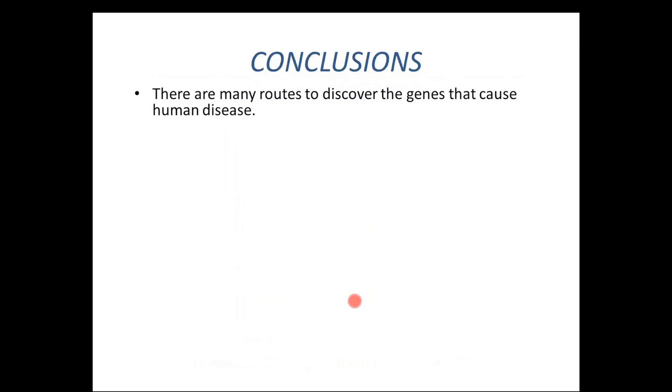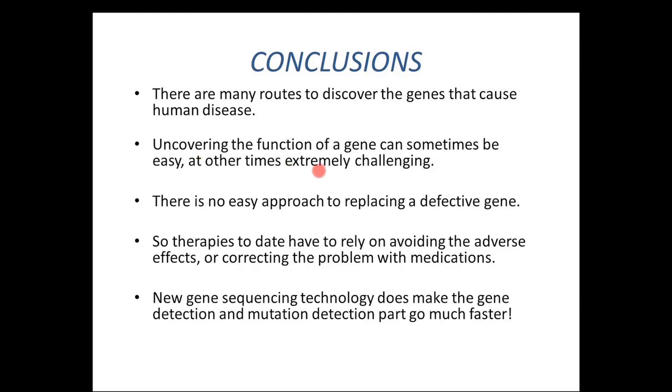So in conclusion then, there are really many routes to discover the genes that cause human diseases. As I said, we've solved virtually all of the cleanly inherited, obviously inherited human genetic diseases, and are now working on all of the other complex diseases that we find. So uncovering the function of the gene can sometimes be fairly straightforward, like it was for ABCA4 and